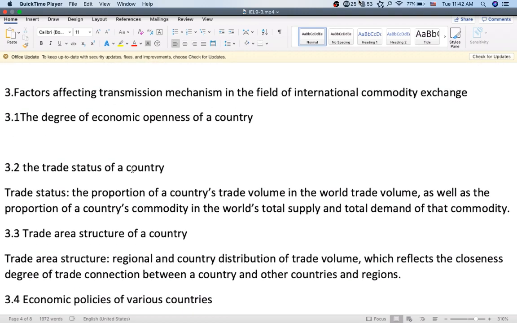First is the degree of economic openness of a country. The greater the degree of openness, the greater the economic impact of the transmissions through the international commodity exchange channels. The degree of openness mentioned here mainly refers to the proportion of a country directly connected with the world market in the national economy. That is